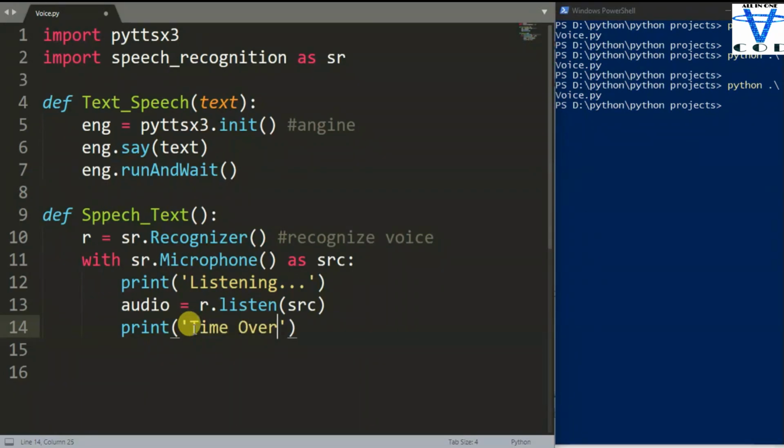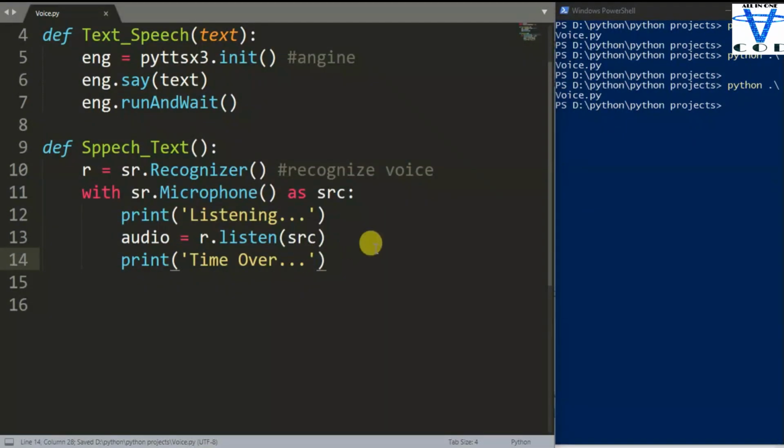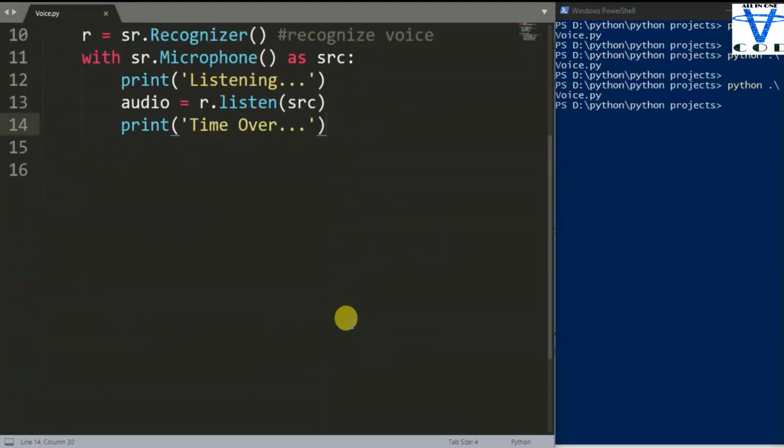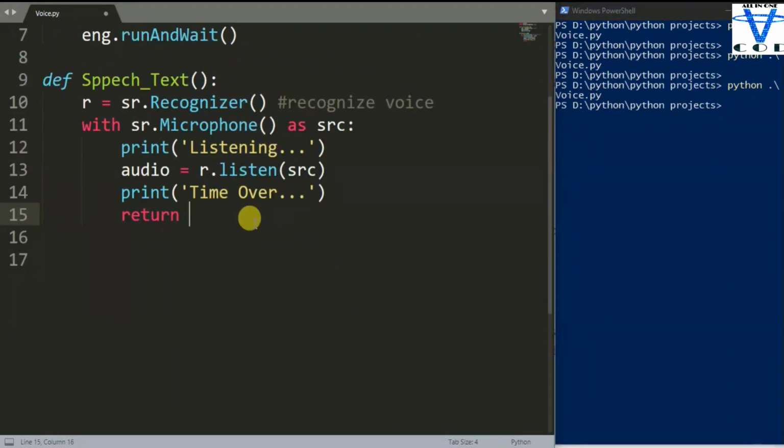That is it. Now let's recognize the voice. You can use any API you want, but we are going to use the Google API to recognize the voice. Now let's return. You can directly print in here, but let's return it.